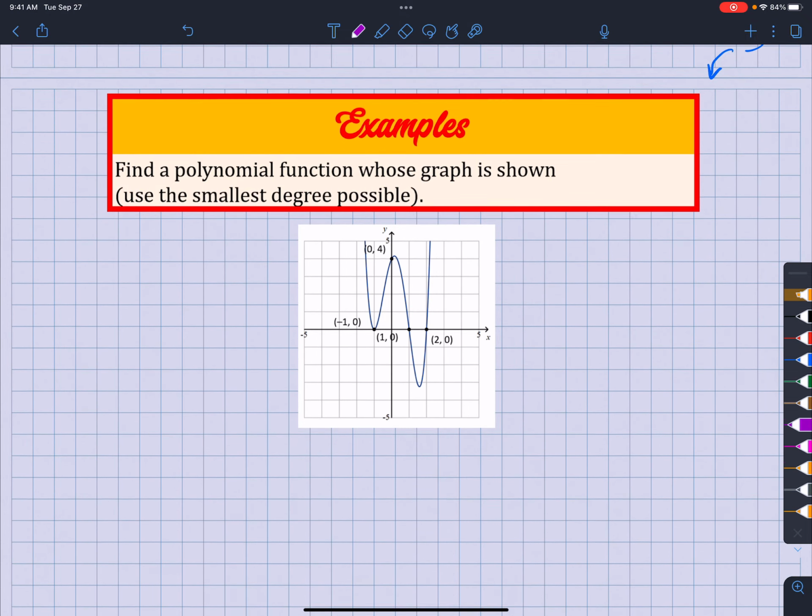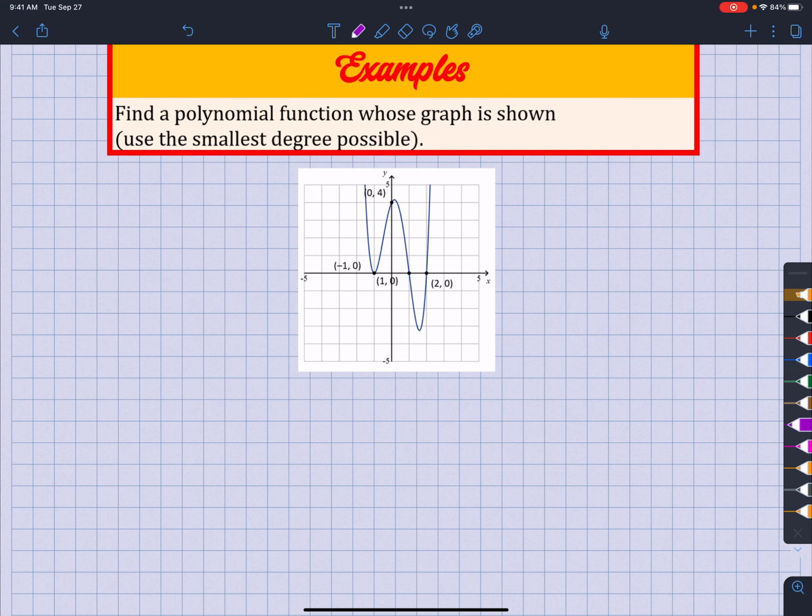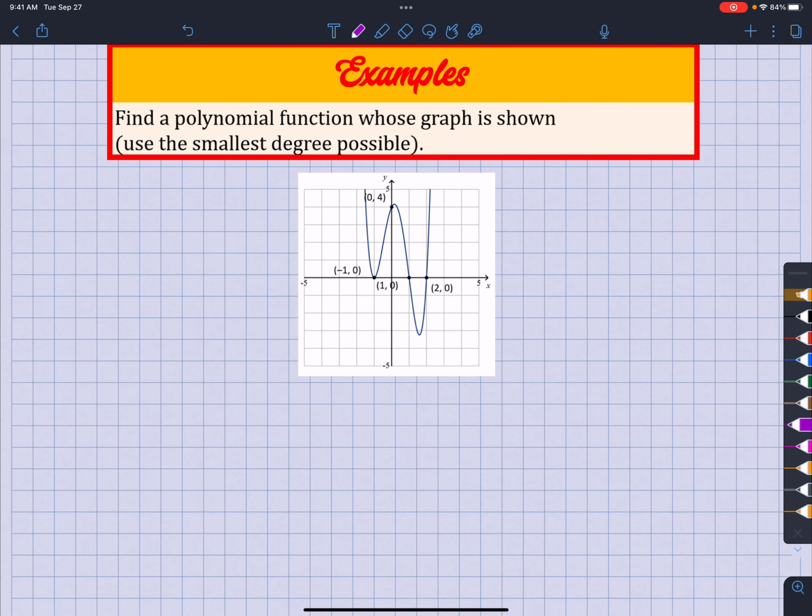It says find the polynomial function whose graph is shown using the smallest degree possible. Okay, so let's take a look. What can I say? Number one, I see this right here, which tells me that x is equal to -1. So I bring the -1 over, and I get x plus 1 is equal to 0. And this is also even